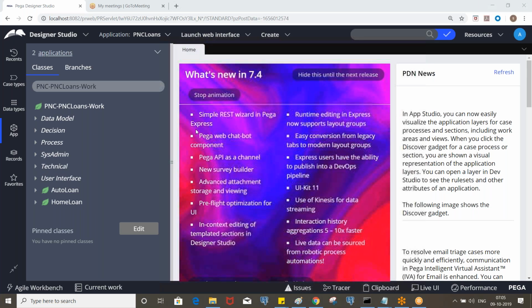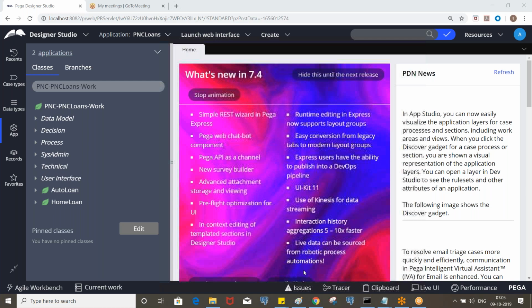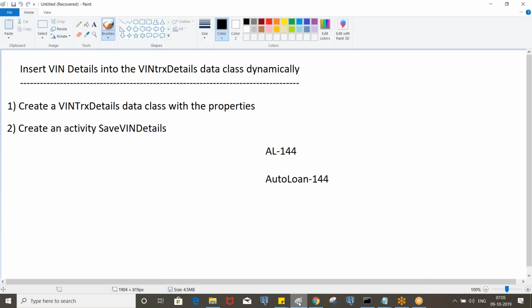So here in PRPC, we have two types of validations available. One is the client side validation, and another is server side validation.